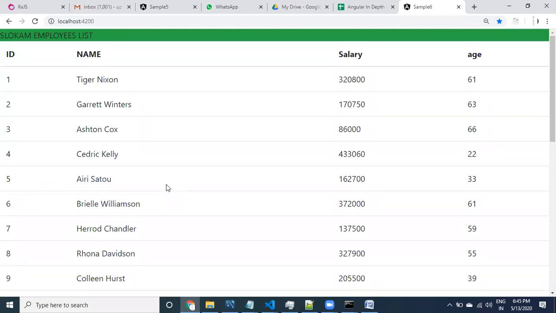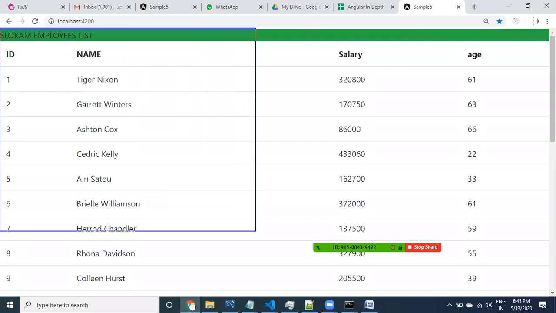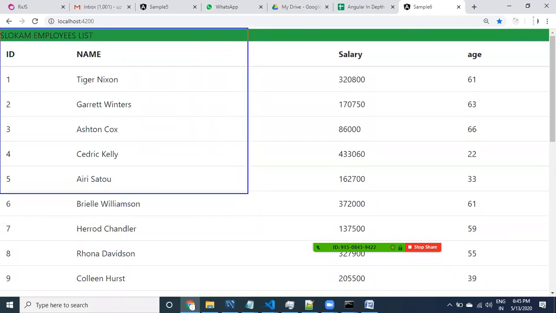But the second task is, I want to add one extra property for these employees: department. I want to display the employees so that the HR department is displayed in one table.